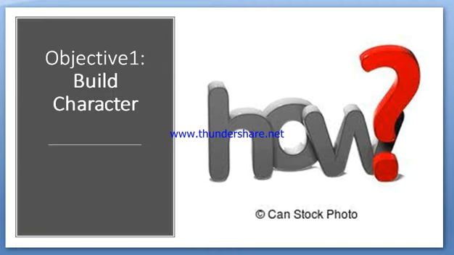Now the question is how we can build the character. Think about it. If you want to build someone's character, that means you have to instill something, you have to educate, you have to input. Let's see how you're going to instill the character, and what this program is exactly telling, instilling there.